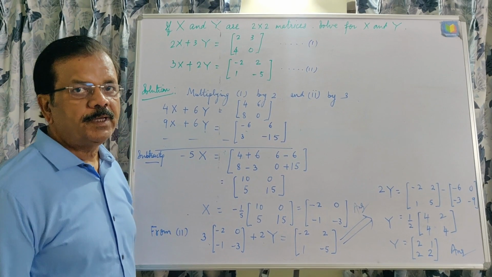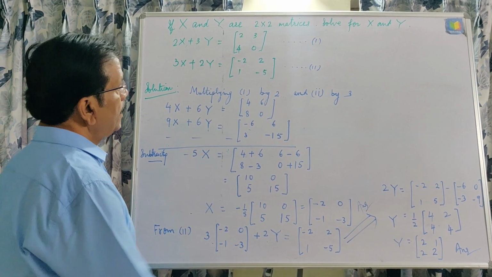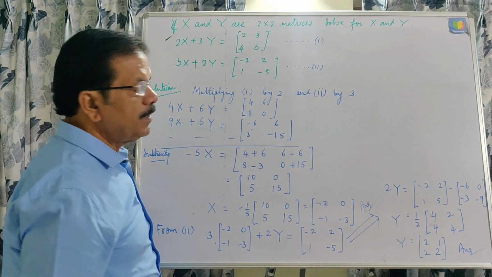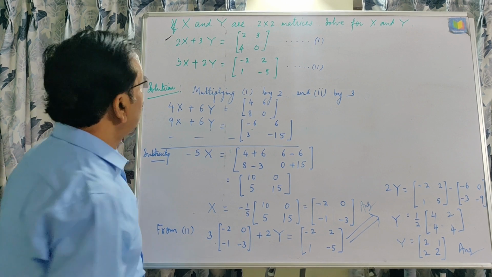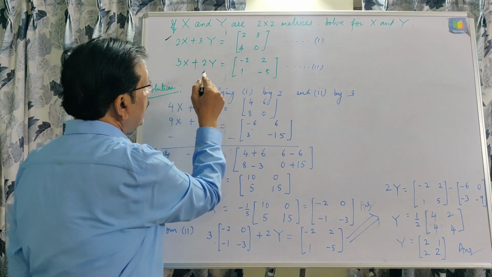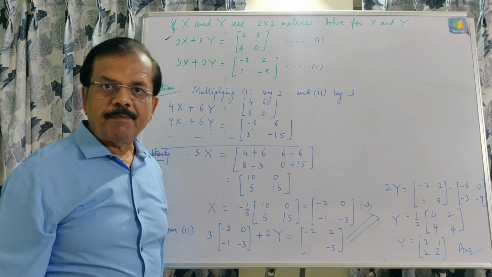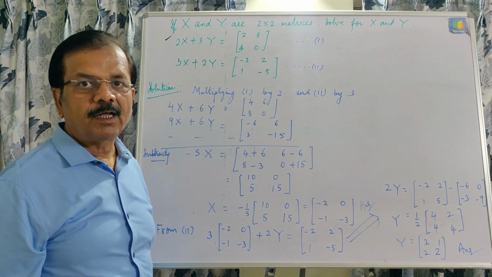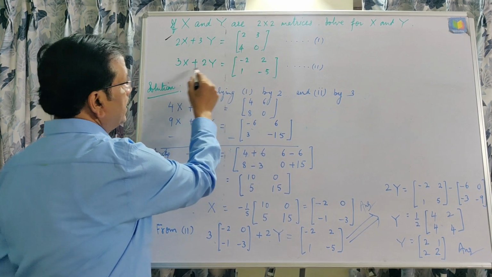This question is asked many times in CBSE class 12 board examination. Now in this question, we will solve as we were solving simultaneous linear equations. We will follow the same steps here. Now here 2X plus 3Y is given in matrix form, and on the right hand side 3X plus 2Y. All the matrices are represented in capital letters, but the elements of matrices will be represented by small letters or any numbers or real numbers, whatever. Okay, 2X plus 3Y is this, 3X plus 2Y.